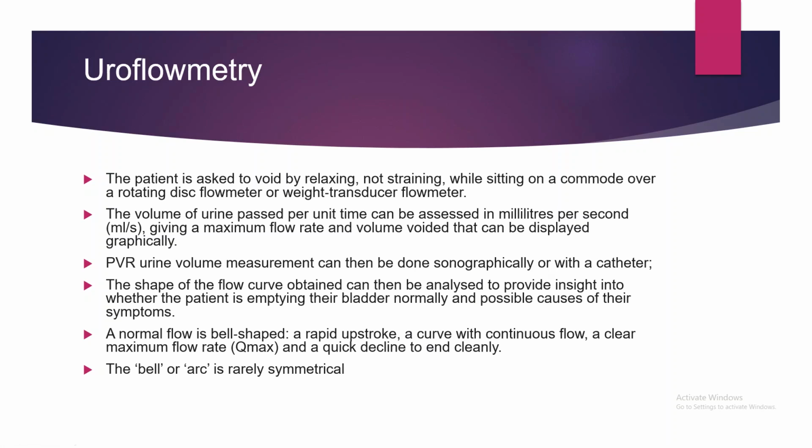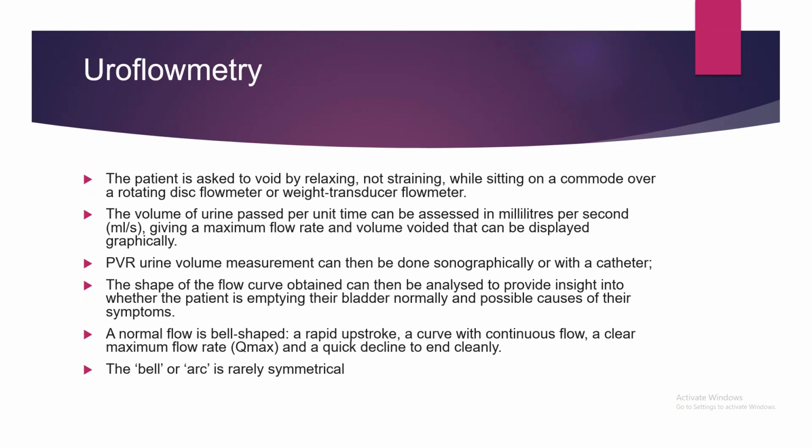Now the shape of the flow curve which is obtained can be analyzed to provide insight into whether the patient is emptying the bladder normally, or whether any voiding dysfunction is there. So what is the normal flow curve? It is a bell shape. A bell shape means it has a rapid upstroke, a curve with continuous flow and a clear maximum flow rate, and a quick decline to end cleanly. This bell or arc is